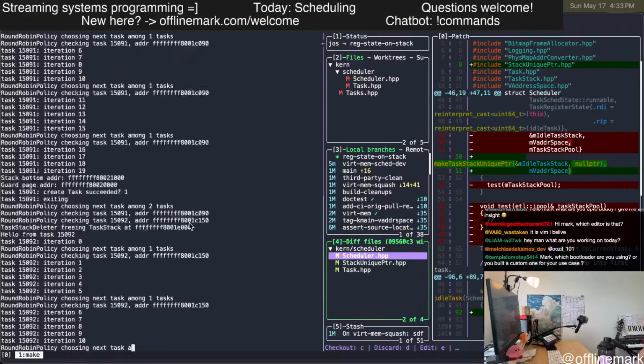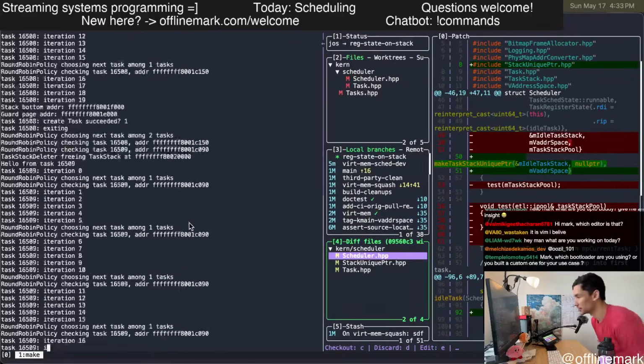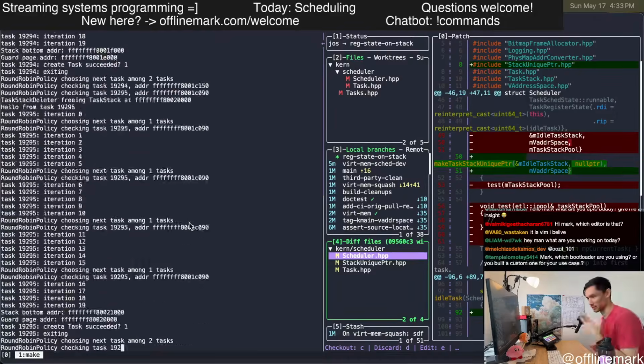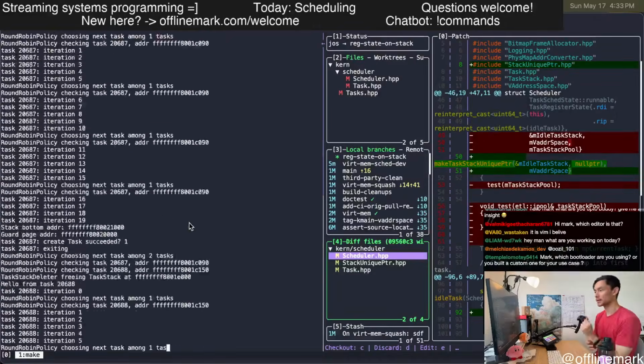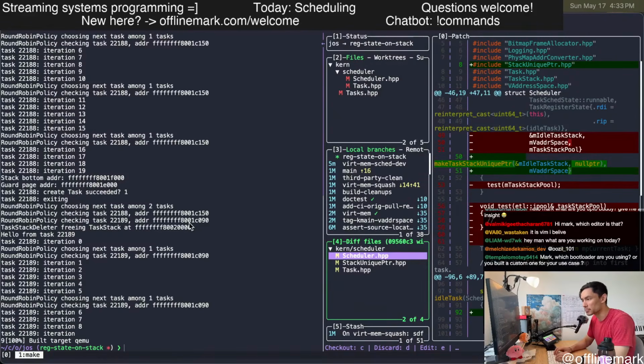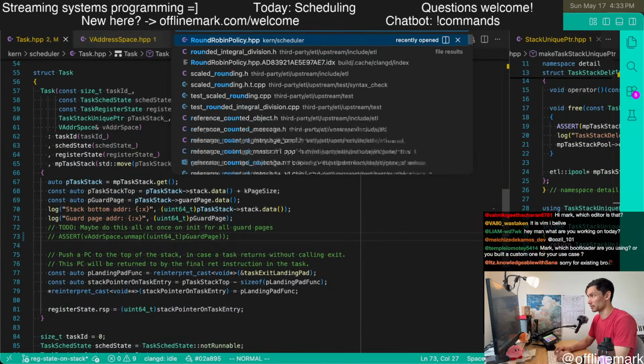All right. So this is what the OS looks like when it's running some tasks. And it's kind of impossible to read because there's a lot of print output. Maybe I will get rid of some of that.